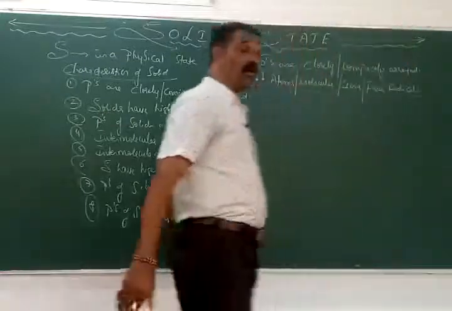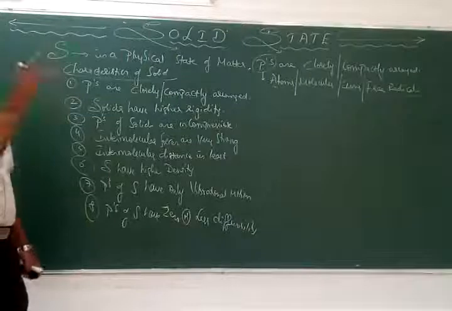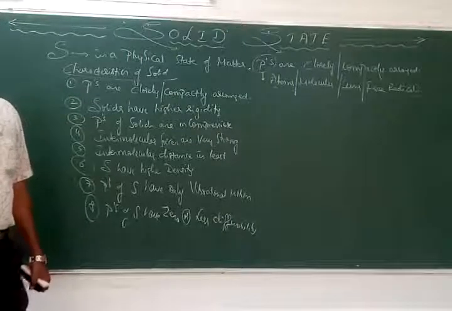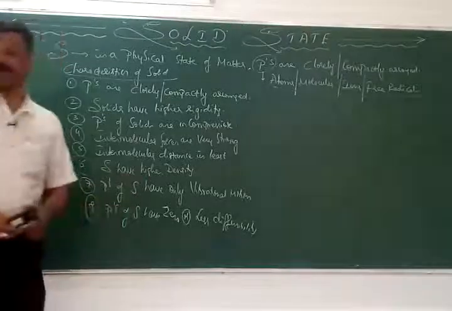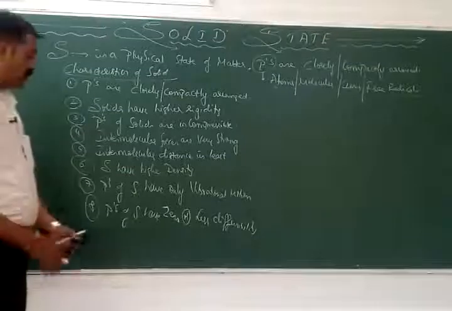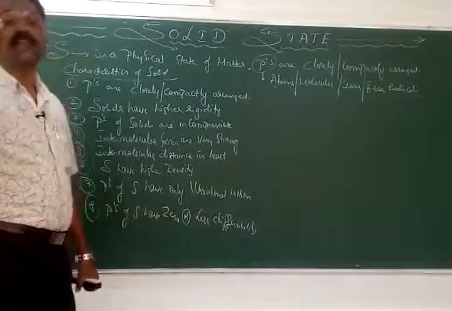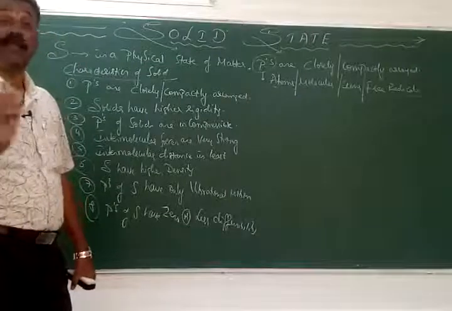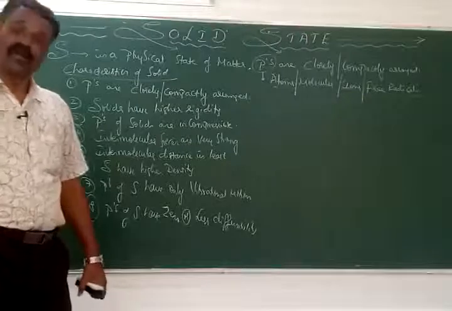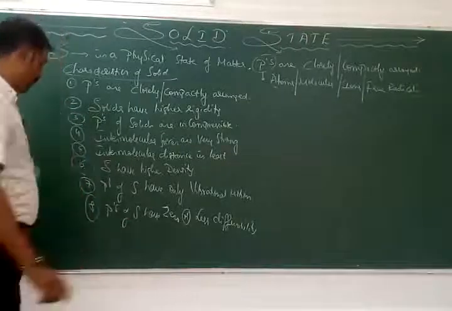As the particles of solids have a very close and compact arrangement, they are not free to move. That is why they have zero diffusibility. In exceptional cases, usually amorphous solids, they have a little bit of movement. That movement is considered diffusion, where the movement takes place from the region of higher concentration to the lower concentration.